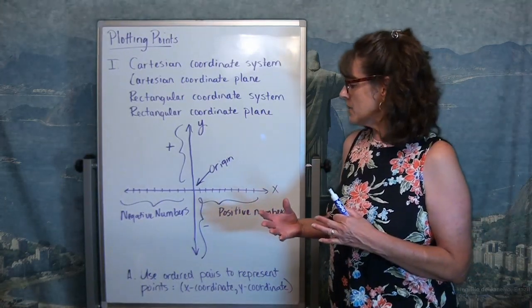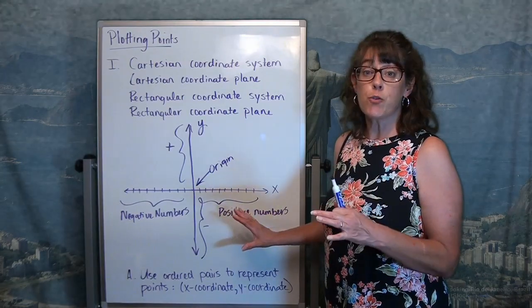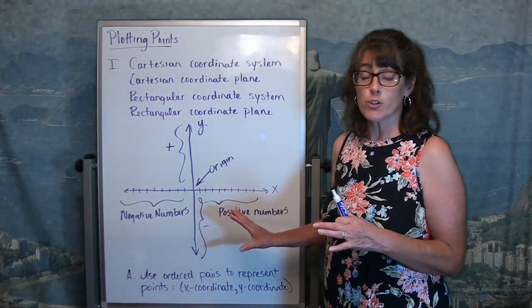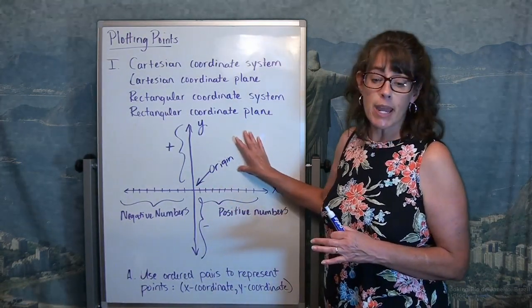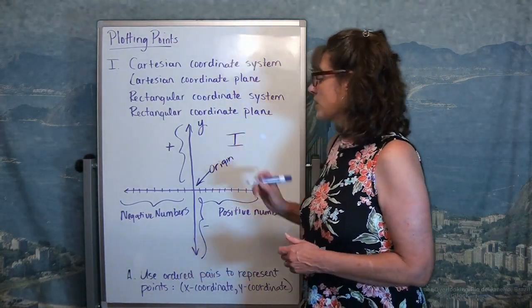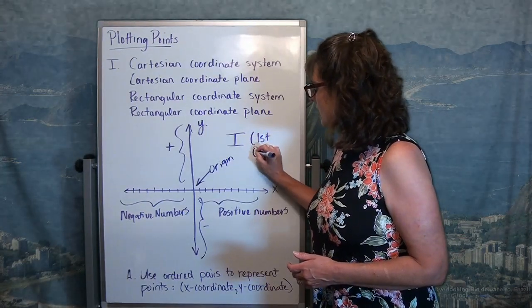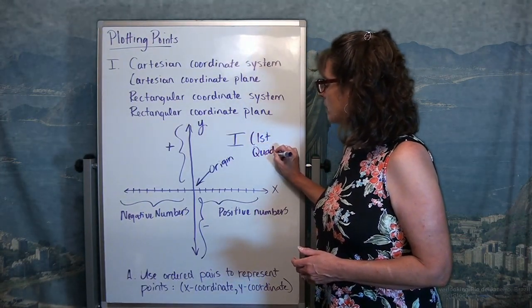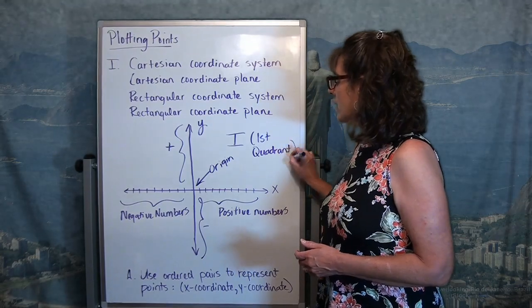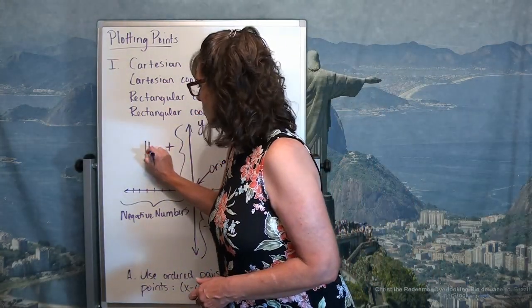Notice too that what happens is we take this coordinate plane and we divide it up into 4 sections. These sections are called quadrants. And what you do is you label them, and you start up here in the first quadrant, and we use Roman numerals to label them. So this is going to be our first quadrant, and then to label them and to name them, we go in counterclockwise order. So over here will be the second quadrant,